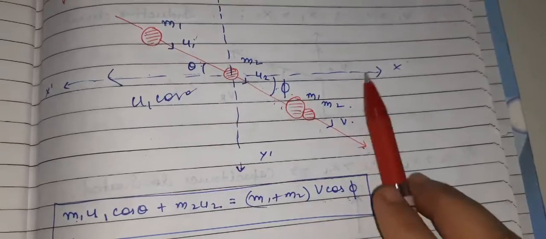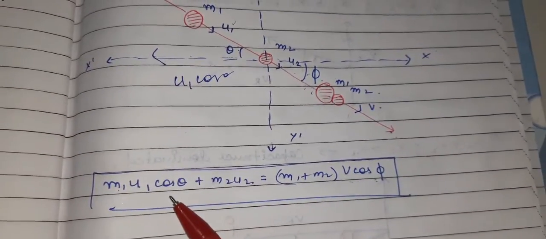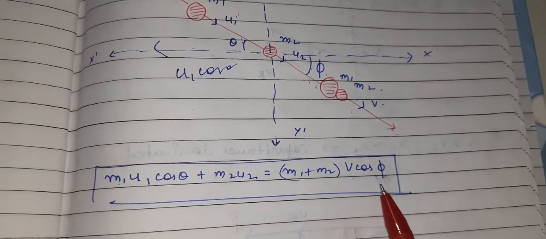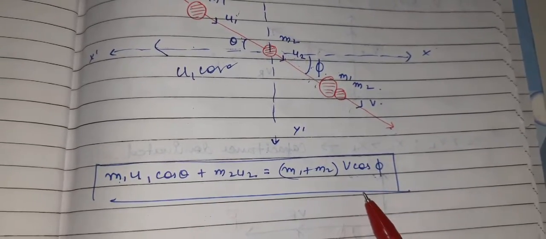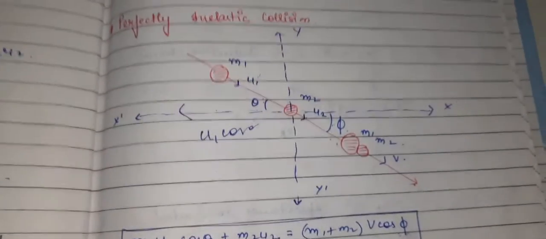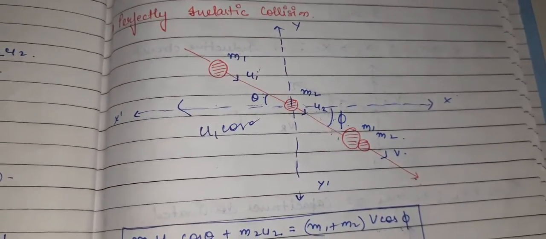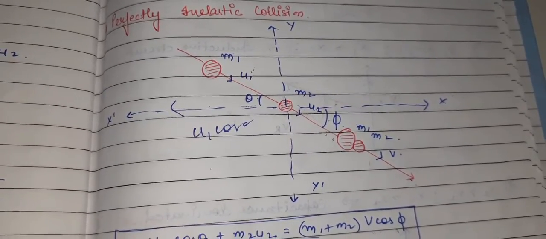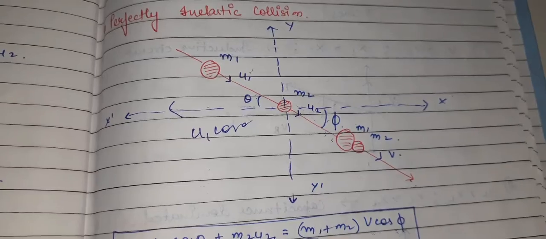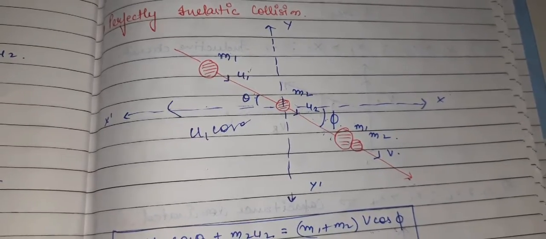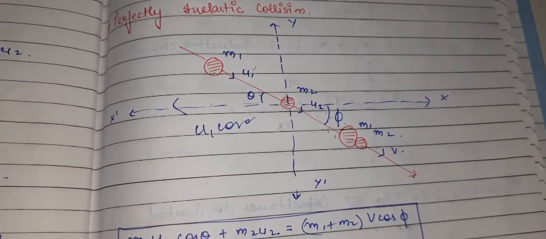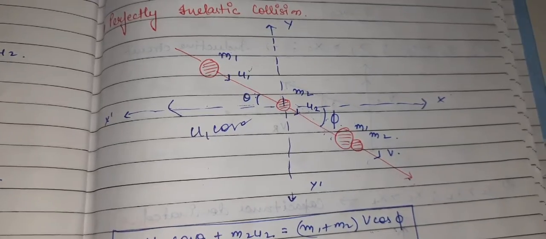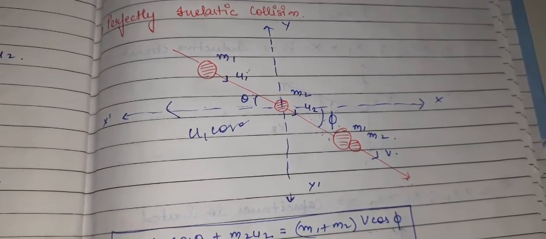And as we are discussing conservation of linear momentum, the linear momentum on the left hand side should be equal to the linear momentum on the right hand side. So this is all about the perfectly inelastic collision, when the bodies start moving like a system after the collision, and when there is a complete loss of kinetic energy. In that case, that can be called a perfectly inelastic collision.